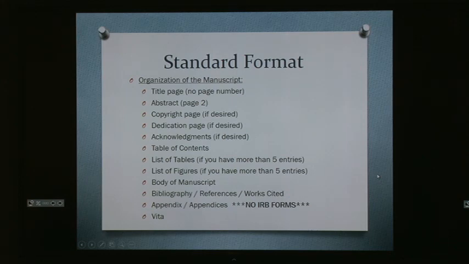Because in your table of contents, it would be Appendix C, tables and figures. And then in the list of tables and figures, you can include the numbers there. Yes, sir.